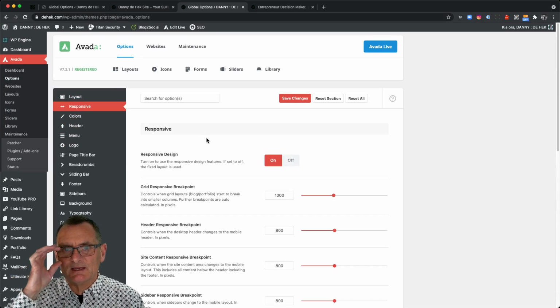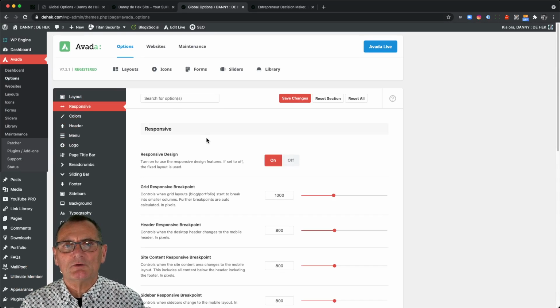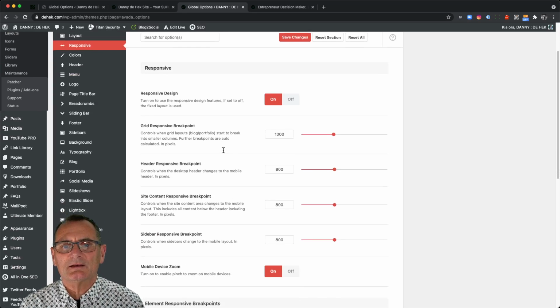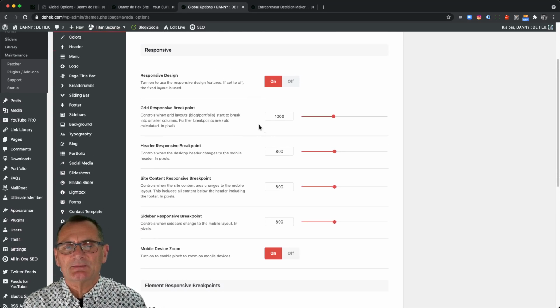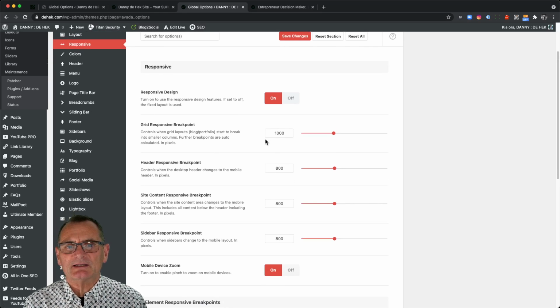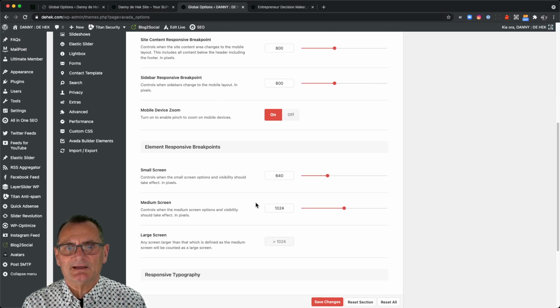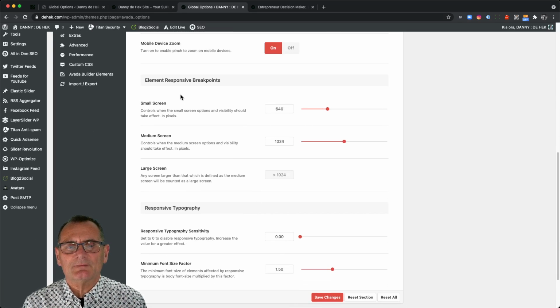So responsive means when you're on your mobile phone or you're on your iPad, where do you want the website to start collapsing down into a mobile format? Now, I don't think I've ever changed these, but in case I have, mine is set to 1000. Header responsive breakpoint 800, site content 800, see the pattern, 800, and then on a small screen,